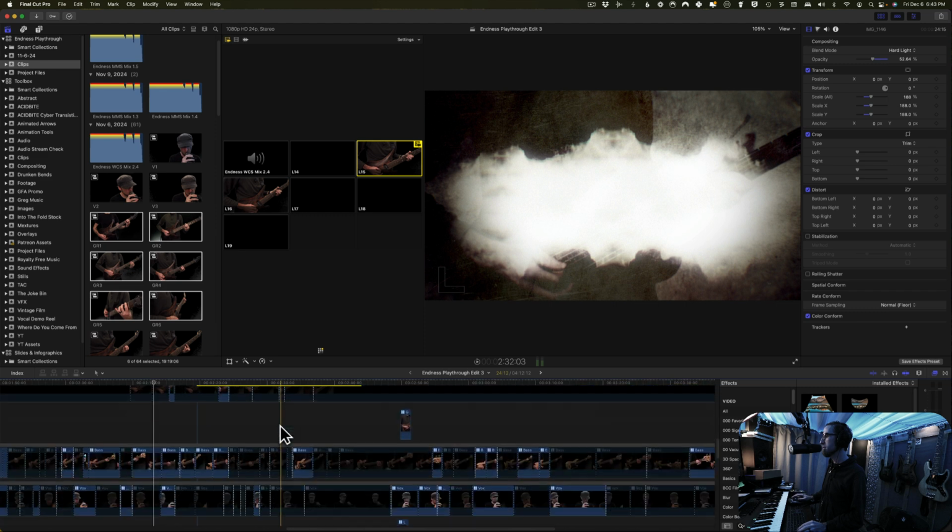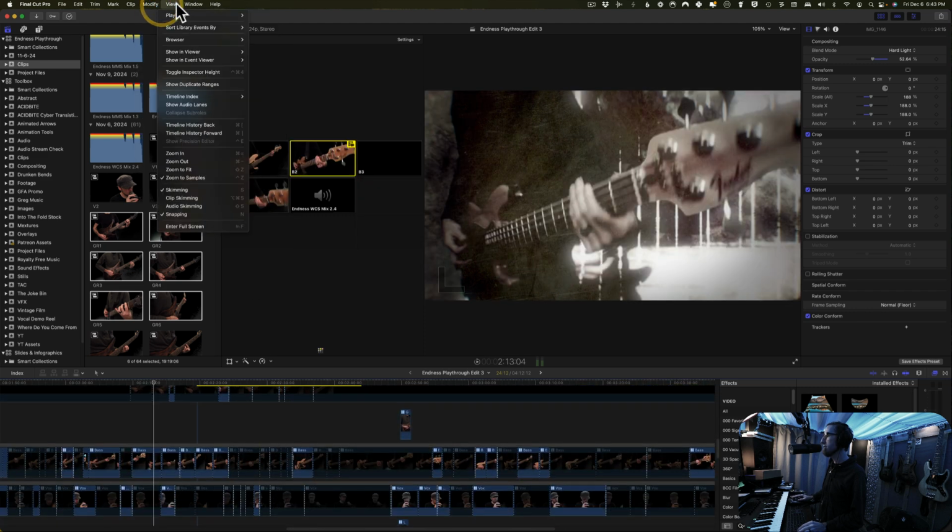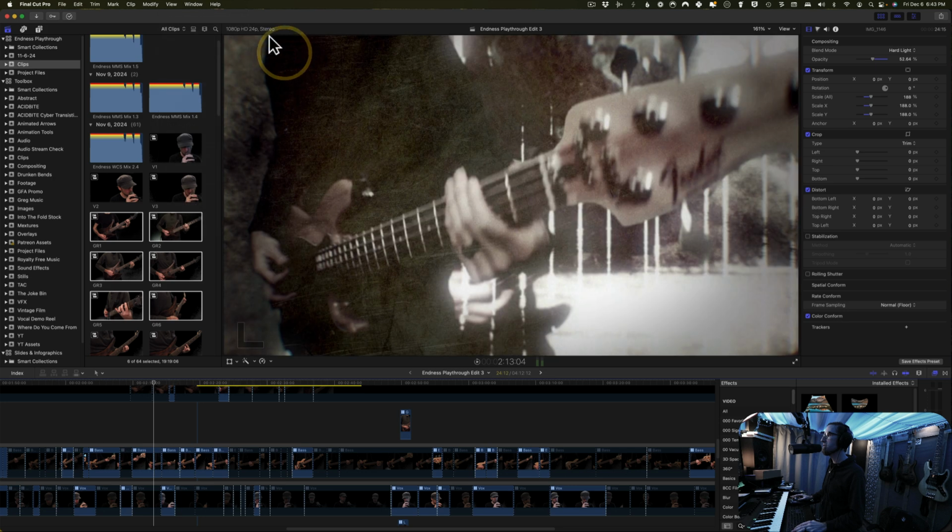Yeah, that's pretty much the gist of it. You're selecting different angles. So basically those are all my takes. There's a crap ton of takes of just playing the song. Obviously you don't want to mess up too much because then it's really hard in the edit. You have to look for those mistakes and everything. So it's usually best to not mess up and just make sure you're playing to the music and you've got